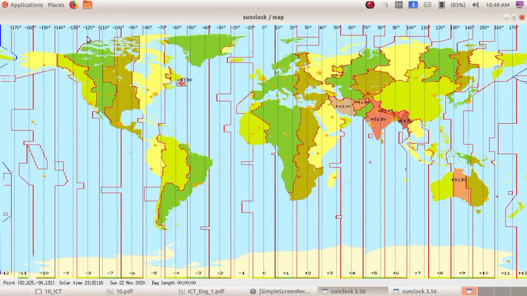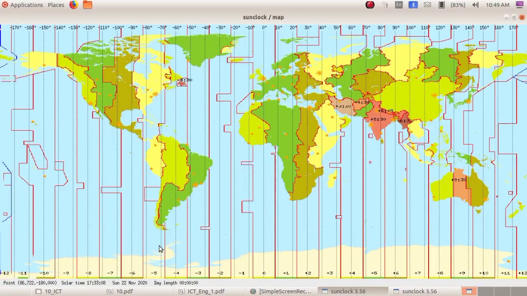Next click on 120 degree, 22nd November, 21:31 is the time. Next 150 degree, that is 22nd November, 19:31. Next 180, 22nd November, 17:33.